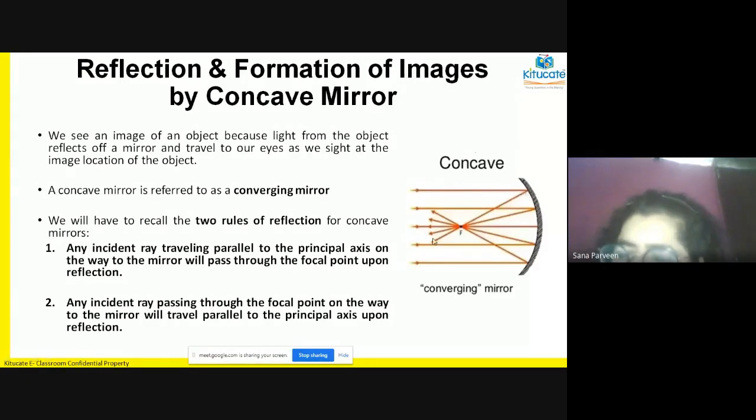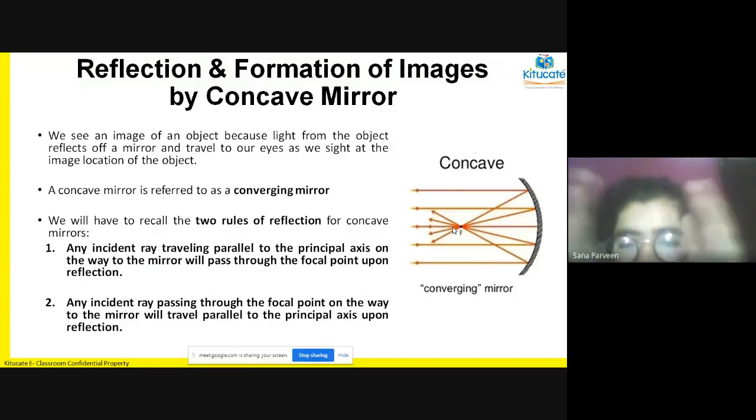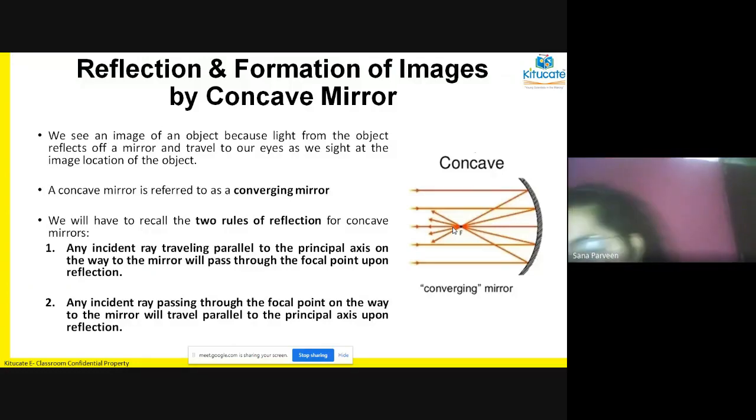When they reflect back, they meet at a point called the focus. That is what we were discussing. All the light rays are going to meet at a point F, which is called the focus. If you see concave mirror, all the rays are getting converged. Converging means getting together. All the rays are coming and meeting at one point. So concave mirrors are converging mirrors. They are converging all the light rays. All the light rays are meeting at a particular point.